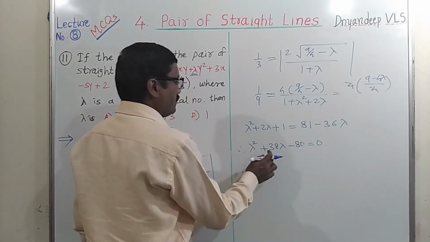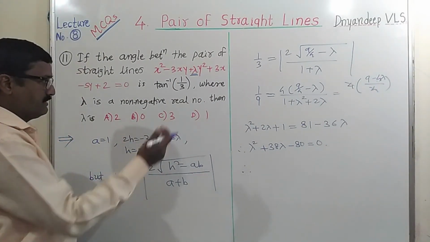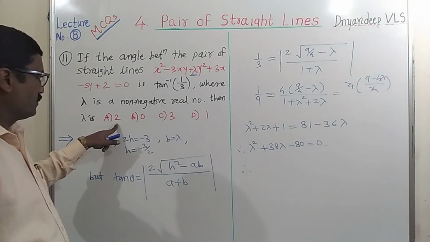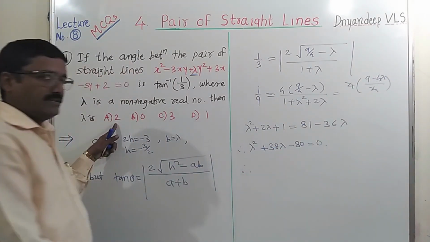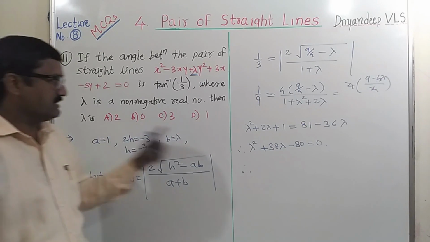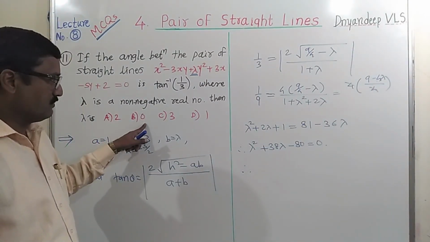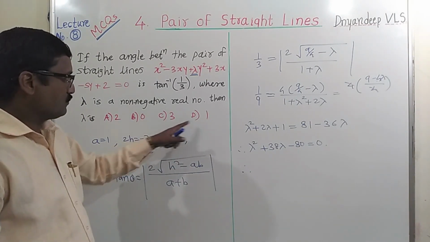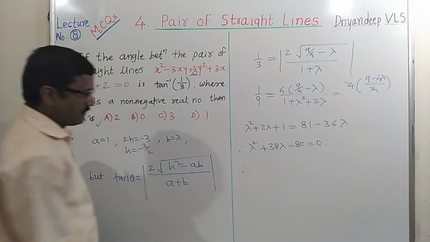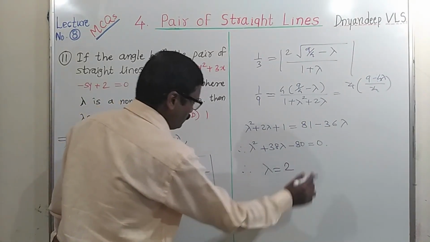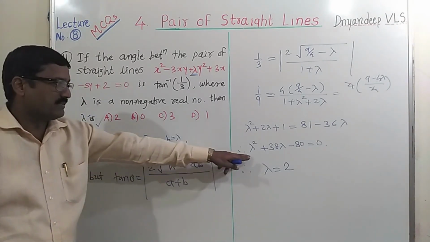Therefore, now take the factors of this, or you can check which value satisfies that equation. This is 4 plus 38 into 2, 38 into 2, that is 76, 76 plus 4, that is 80, 80 minus 80 is 0, so lambda equal to 2 satisfies that, lambda equal to 0 does not satisfy that, 3 also not, and 1 also not, so the answer is a, lambda equal to 2. Therefore here we get lambda is equal to 2, because only lambda equal to 2 satisfies this quadratic equation.